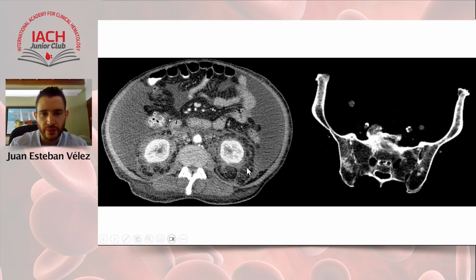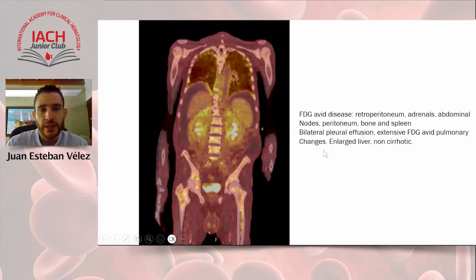Here is the sign that is called the hairy kidney sign, which is kind of a retroperitoneal fibrosis involving both of the kidneys. As there was a kind of a suspicion of a malignant disease, FDG PET was done. Also inflammatory diseases. So this is the image of the PET FDG, which mainly showed